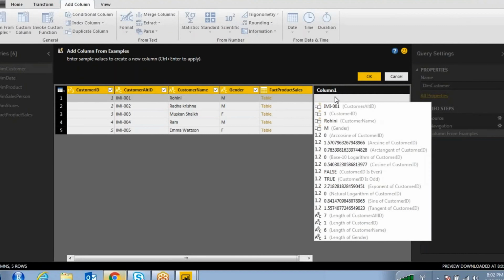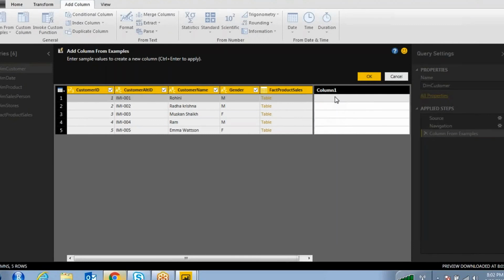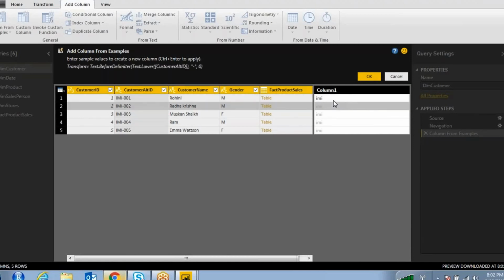For example, if you type IMI, what will happen? It is getting the similar value you have in the remaining columns, that is IMI. So if you click control enter, what is happening? It is taking the IMI values you have in this customer alternate ID column, right?